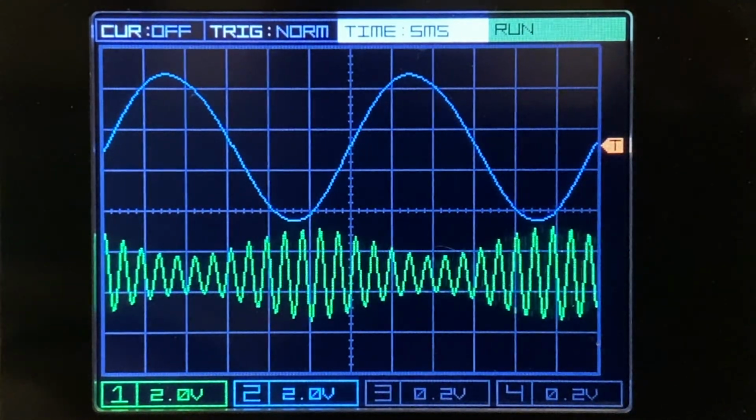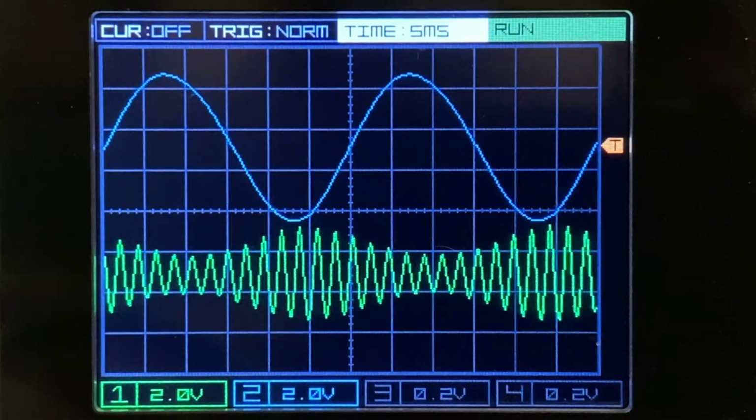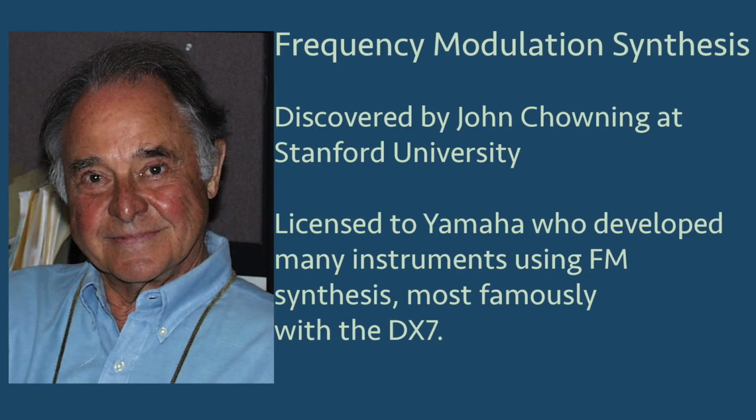And in this second example, the top wave is the same modulator, and the bottom is the amplitude modulated wave. In the 1960s, using FM for sound creation on synthesizers was discovered by John Chowning at Stanford University. What he discovered was a powerful new way to create unheard sounds and emulations of known sounds. It was so powerful, Stanford University licensed the algorithm to Yamaha, earning the university $20 million before the license expired.